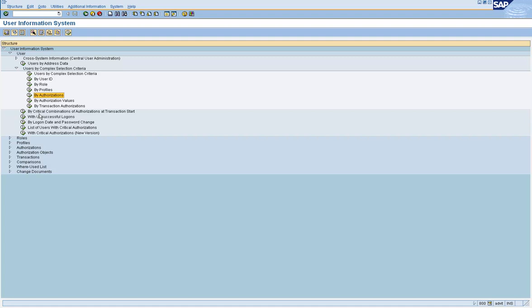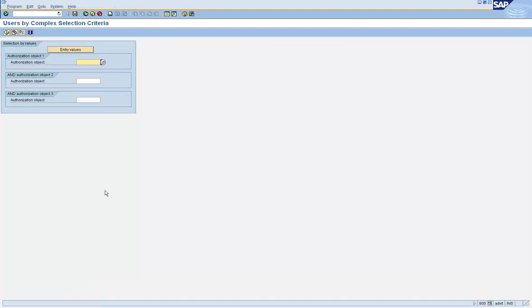The most important option in the user node, that I use a lot and you probably end up using, is this option. Now, to get the right pieces of information from the SAP system, as far as authorizations are concerned, the right way to do it is to go at the object level and get that information out.